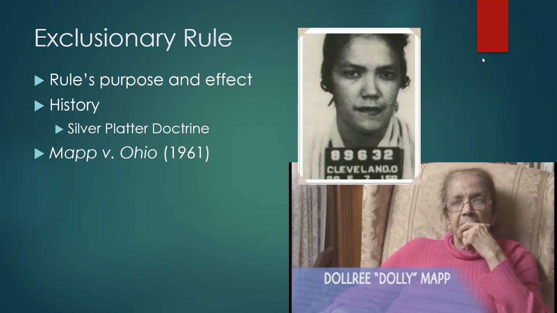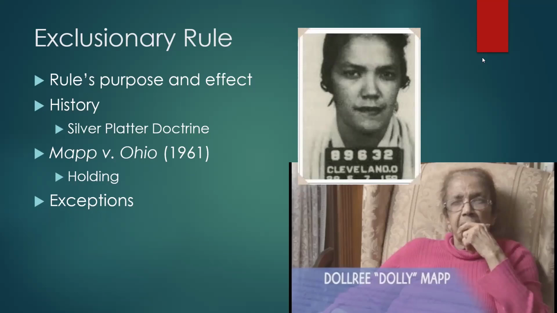And she challenged her conviction, appealed, and at the Supreme Court, the court held that the search was illegal, that it was warrantless. Therefore, any evidence that was obtained should be excluded, and that exclusionary rule was a necessary aspect of criminal due process, so fundamental and essential to providing due process protections that it would be incorporated under the 14th Amendment. And so now the silver platter doctrine is gone. Now, even states cannot use evidence that has been illegally obtained.